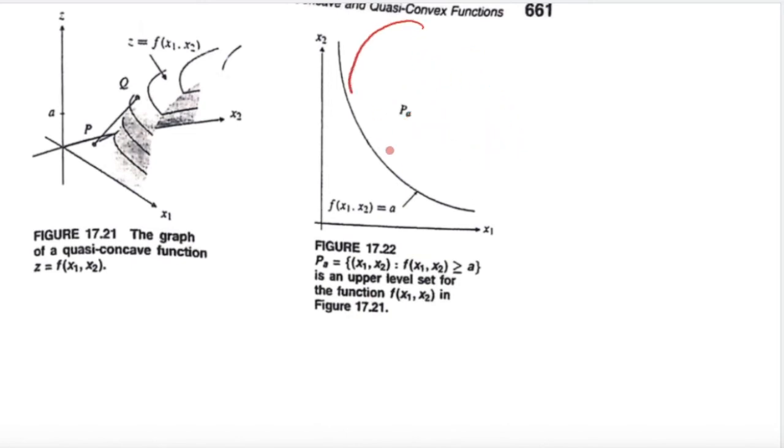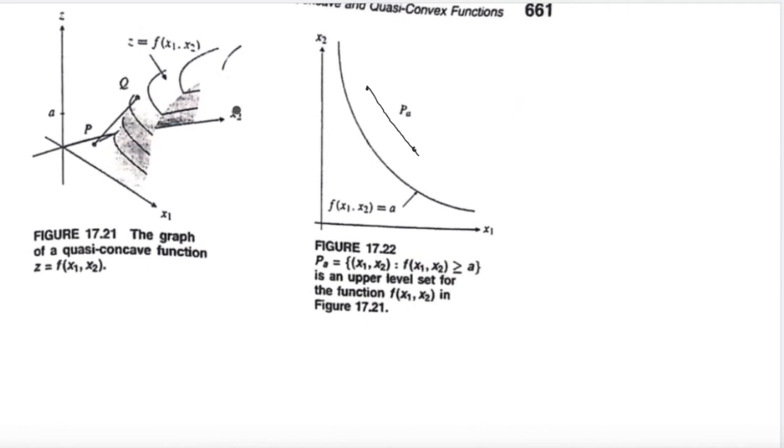So this set, including the points on this curve, will be called the set PA for value a. And you will notice that this set is a convex set. If you join any two points here, the line segment will entirely lie in this set. And we know that if such a condition is satisfied, then that set is called a convex set.